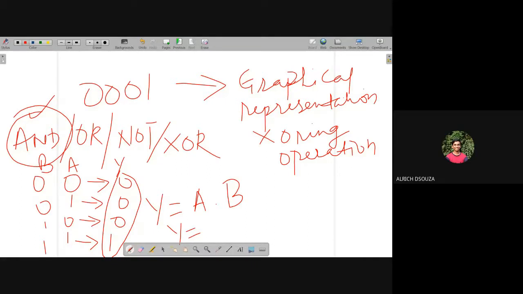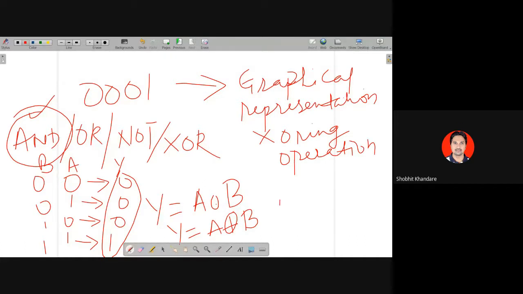A plus B. Very good. It is A plus B. Okay. Are you familiar with these operations, or do I need to explain in detail? You know all this, right? Yes, sir. So I'm not wasting my time to explain this. I just need to tell you that AND operation is dot, OR operation is plus.